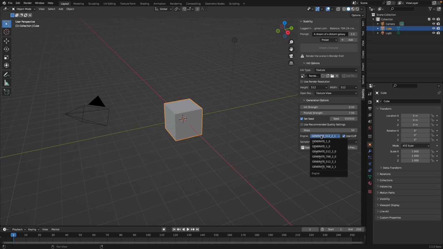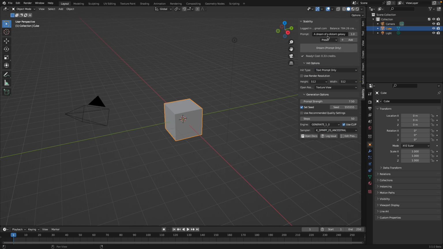The default model is very limited, like I said, 2.1. If you are very clever with the prompt, it will give you high quality results. The engine is stored online, so you are limited in that area. There's the 1.5 and 1.0, which sometimes I still use. Let's say of